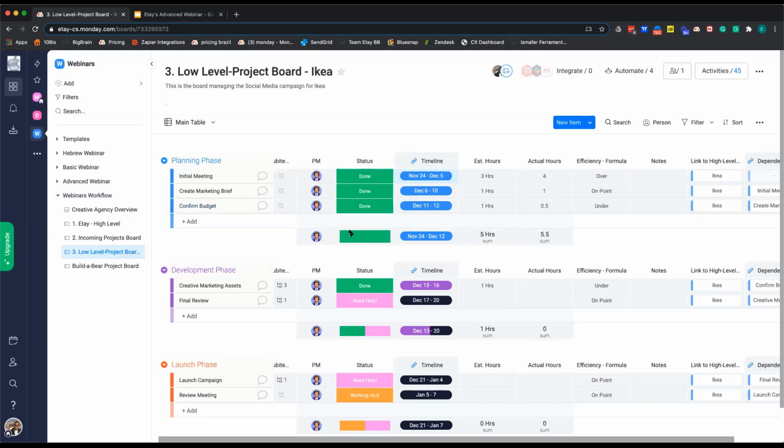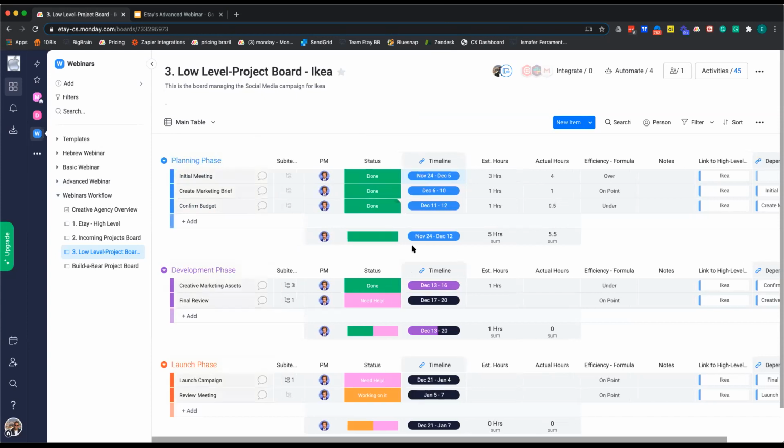I just want to mention that in the future, we're also going to have cross-board dependencies as well, so we can really take things to a whole new level. But for now, we can use this on the board level. And I actually want to show you a very cool new feature we've released very recently, which is our visual